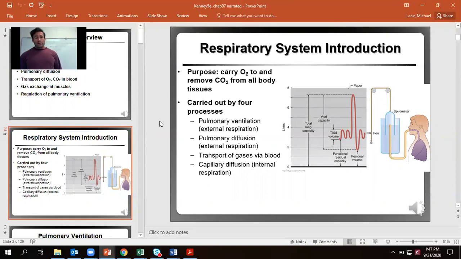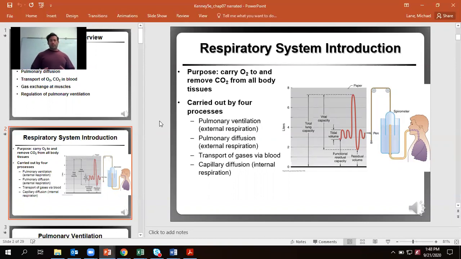So if we look on the right, what we're going to see there is the basics of spirometry, which is you have someone exhale into essentially a bell that happens to be surrounded by water. So we're only going to be capturing the amount of air that you're actually exhaling. And the amount of air that you're typically breathing in and out is what's known as tidal volume. Now, the total amount of air that you can breathe in with the biggest breath and exhale with the biggest breath, pushing out, crunching your abs, really trying to get the last little bit out, that's what's known as your